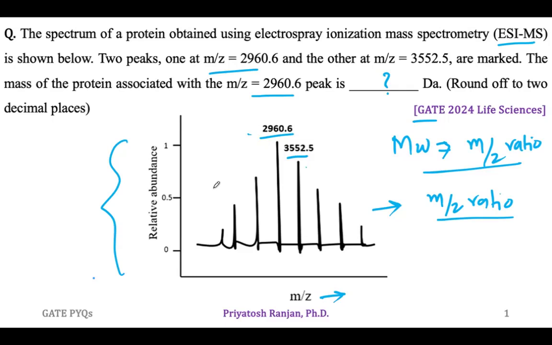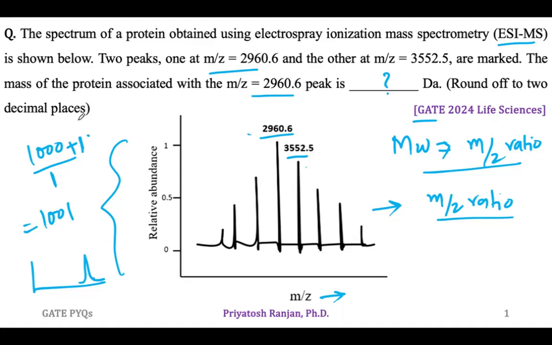So for example, let's consider you have a biomolecule. Let's assume you have a protein of molecular weight 1000. Now let's say the charge on that protein molecule is 1. So m corresponds to the molecular weight, z corresponds to the charge. So what you need to do, you need to put 1 here. Also you need to add the molecular weight of the positively charged ion, let's say proton. So the value is going to be 1001. So you will see a peak corresponding to